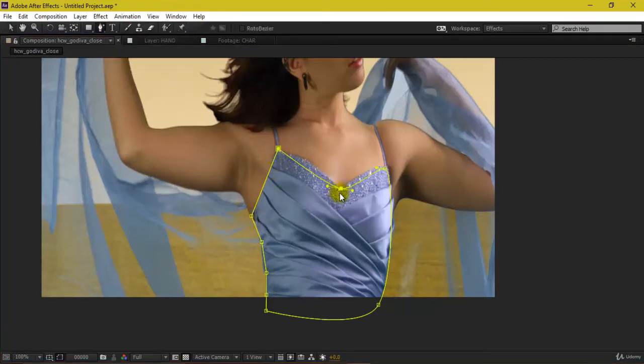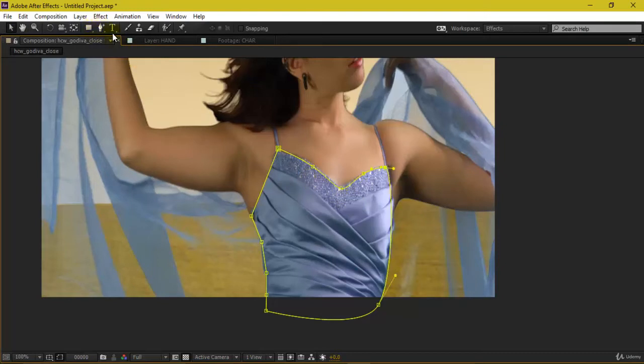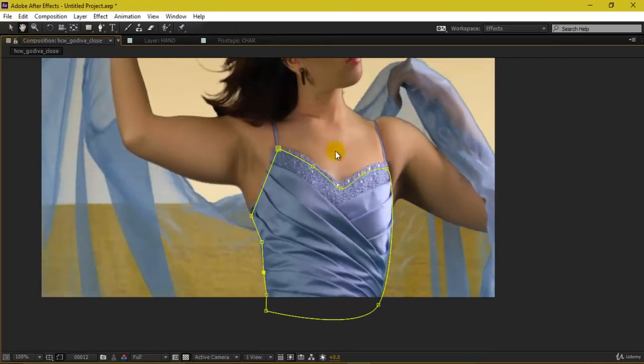I'll be adding some more points over here. Something like this. And then also I'll be animating this.